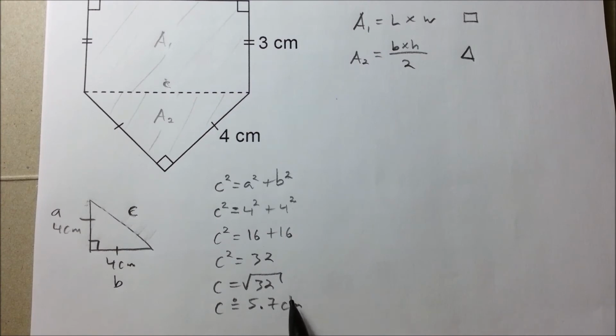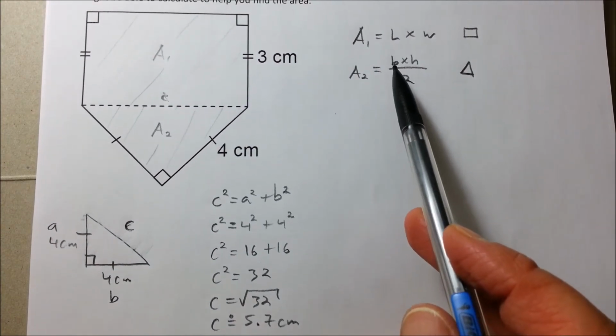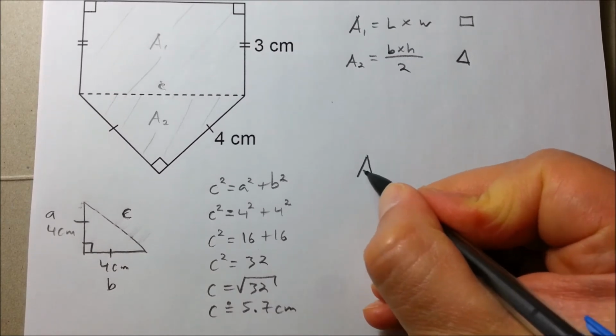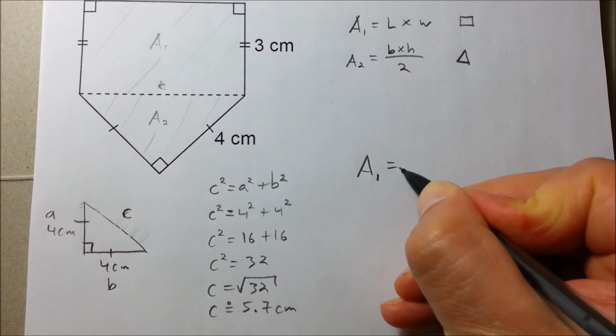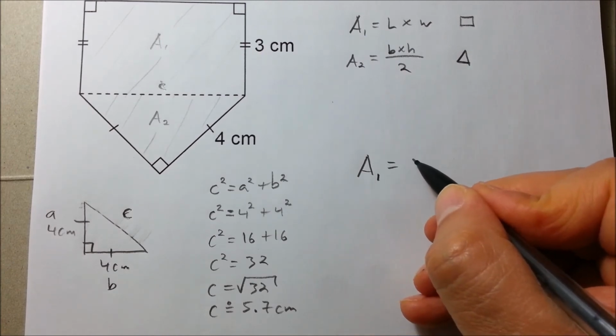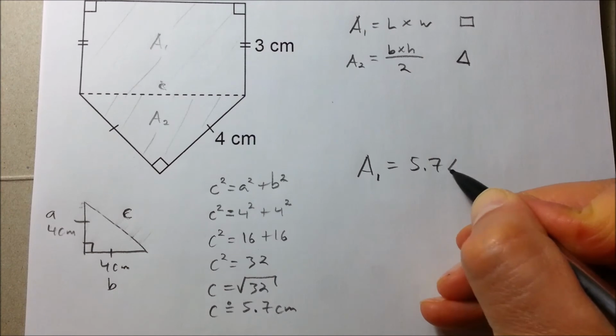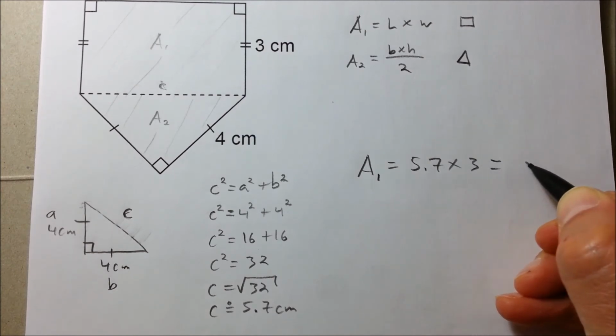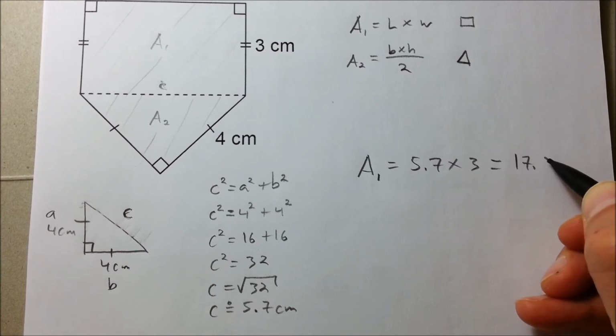With this information, we can find the rest of this. We can find the area of the rectangle. So let's start with that. The area 1, which is the area of the rectangle, would be length, which is 5.7, times 3. Well, this is equal to 17.1